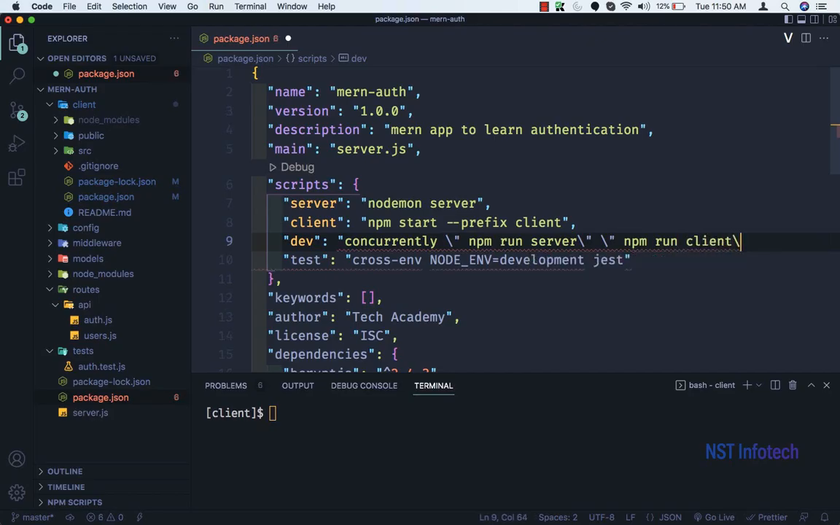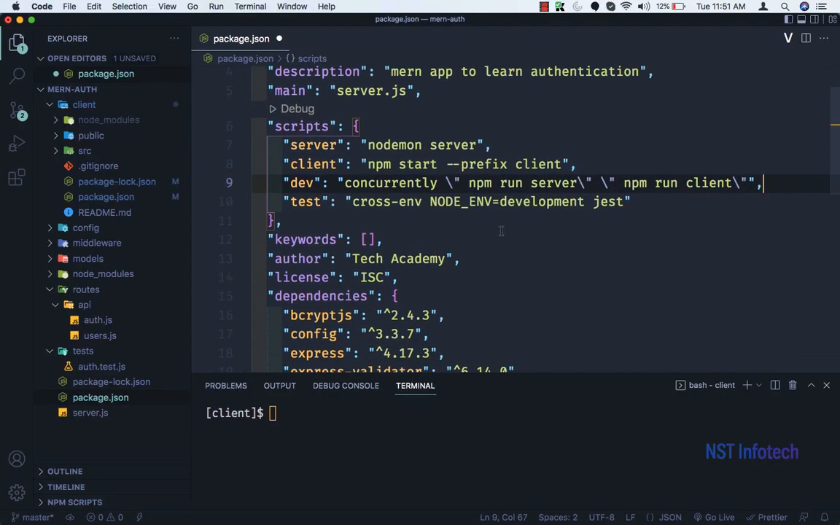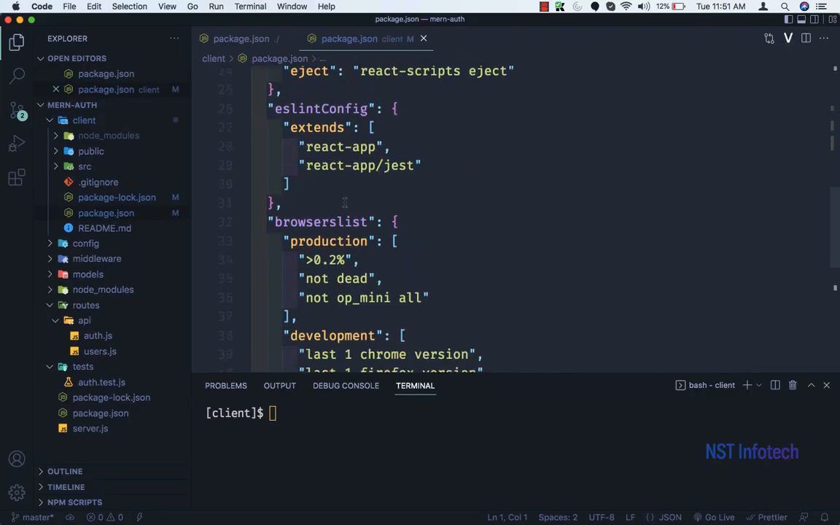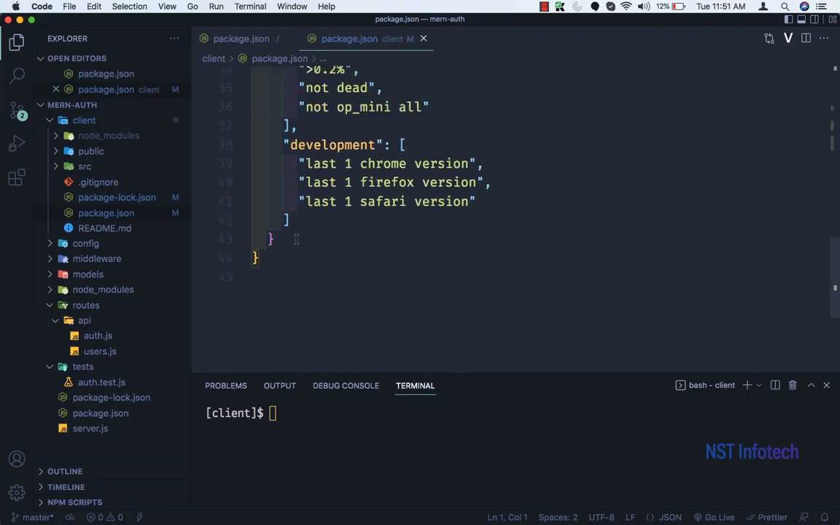And a slash, double quotes, double quotes, and then a comma. So this is the way we need to write it. Let's save this file. Now inside the client folder, let's open the package.json file, and at the bottom we need